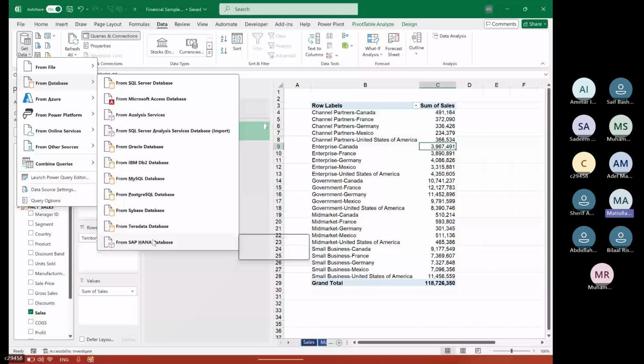Because each month we need to get the data and store it in a folder. Then we connect to the database. So my question is, is it possible to just connect this data model to the database of any ERP software? Yes, you can connect it. I haven't used Dynamics before, but I think, as you see here from SAP,